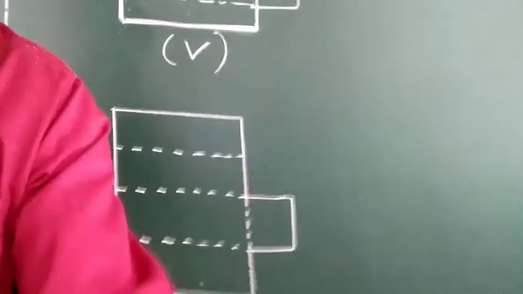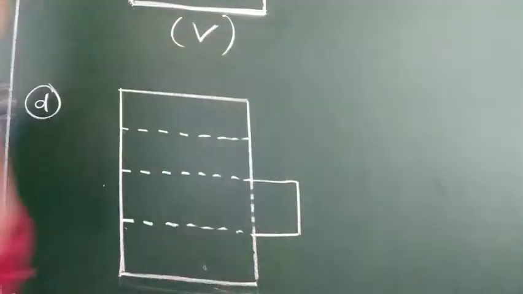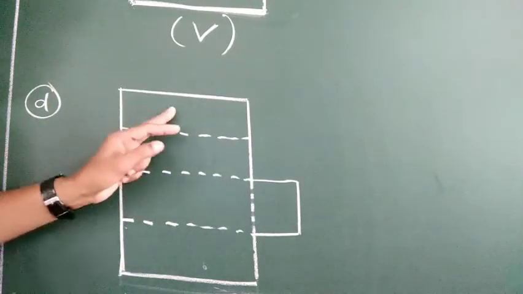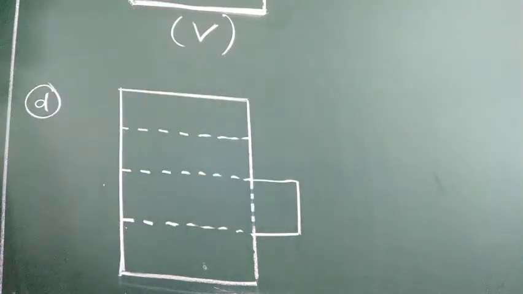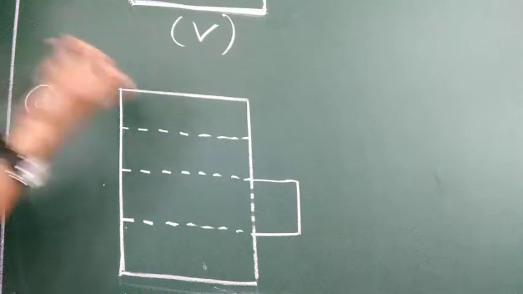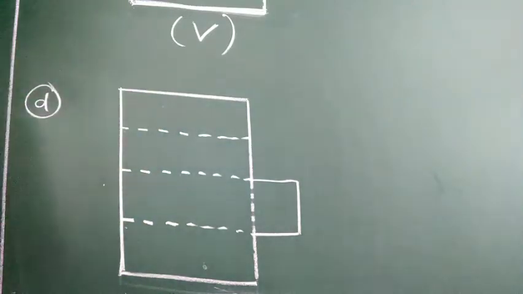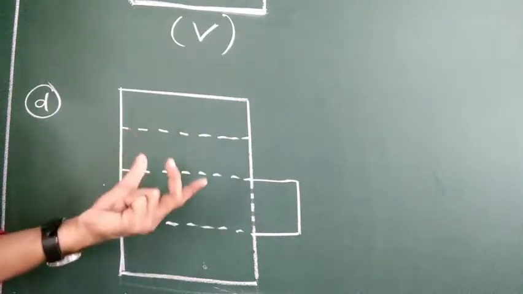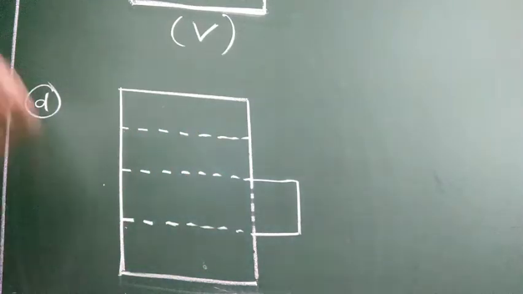See, now it is a very simple picture, simple design. Now from this design, 1, 2, 3, 4, 5 spaces are there, and 1, 2, 3, 4 dotted lines are there. Now what is your guess? Whether it is changing into a box or not, a complete box or not? When you fold it from the dotted line, after folding, will it make the complete box or not? What is your guess? It's a very clear answer.